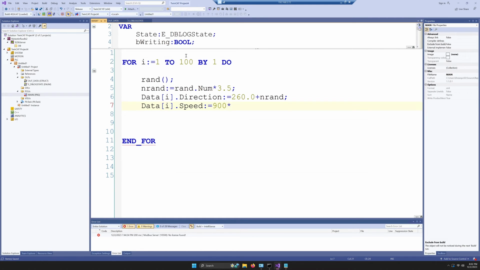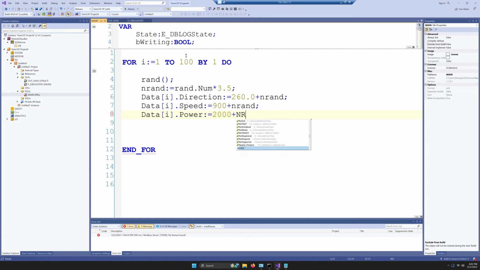Okay. And then plus nRand. Great. And then we have a data power, is equal to 2000 plus the random number. Okay, then